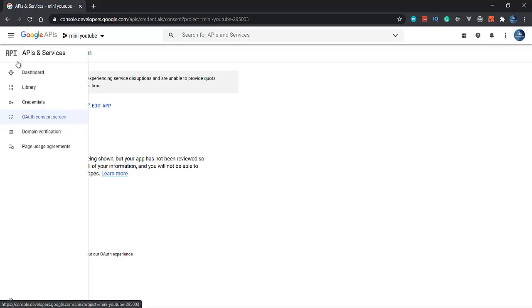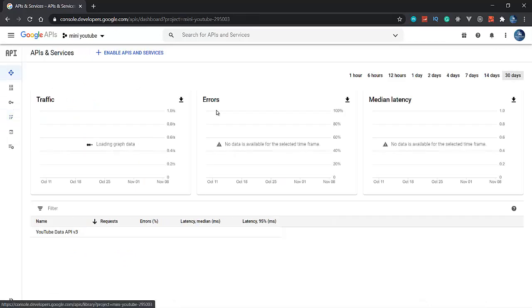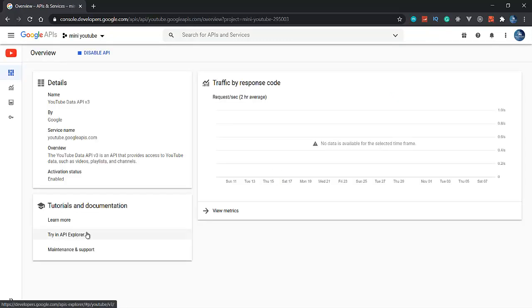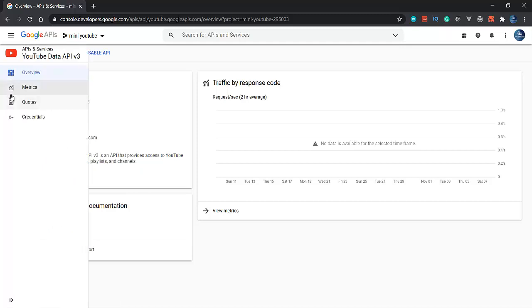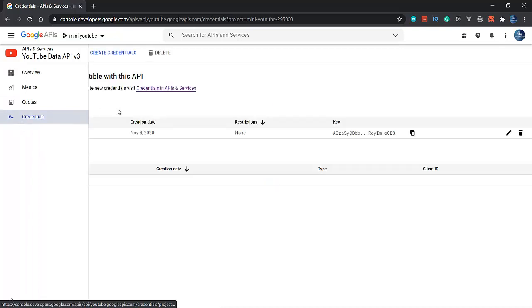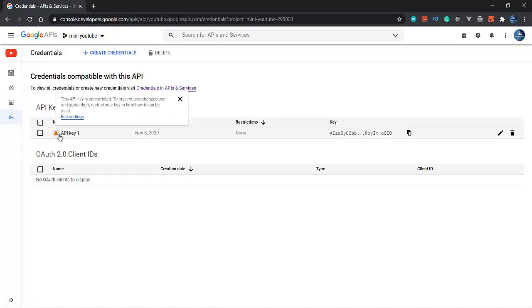Let's go back to the dashboard. See that this is our YouTube Data API. Go to credentials here. This is our API key. A warning is coming because this API is not a user data API.